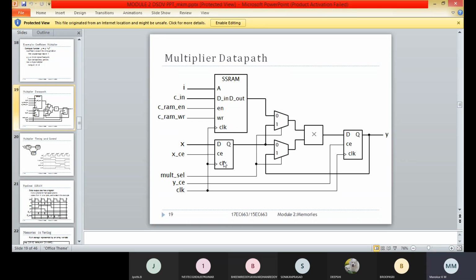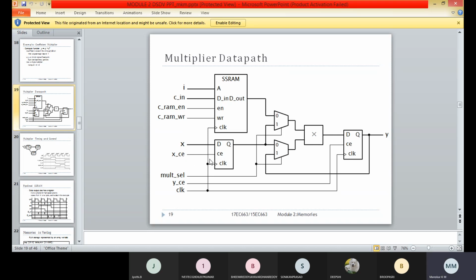This is the input register, where x samples will be stored. D flip flop is the input register, where the value of x samples will be stored, and x underscore ce is the enable signal for this chip.